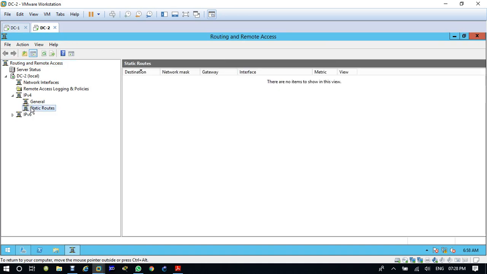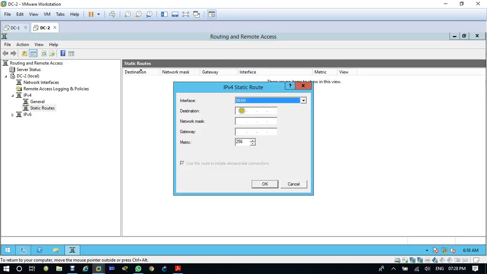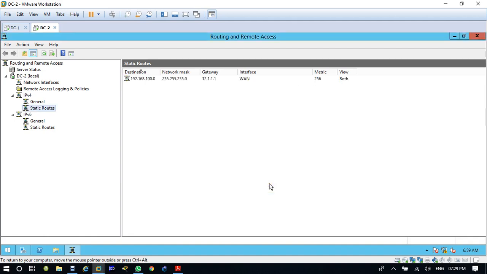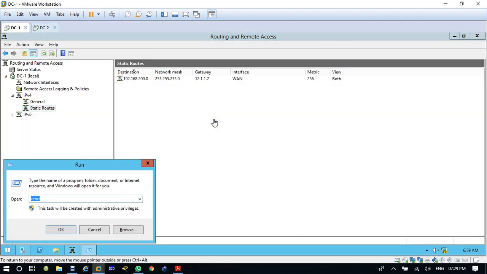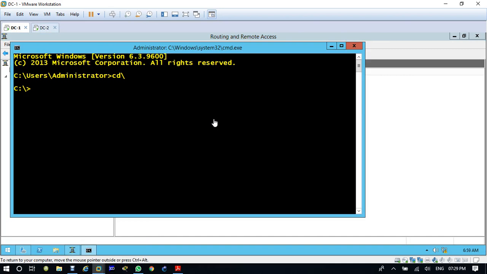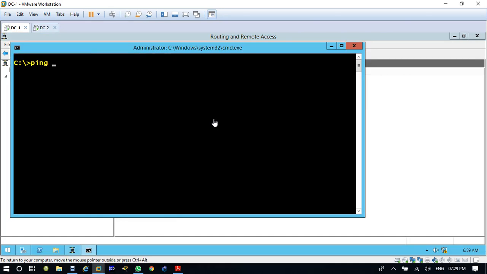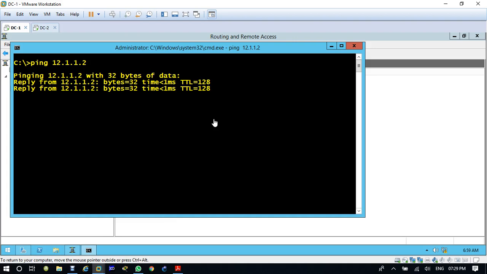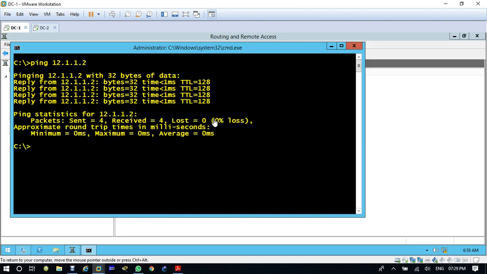Same IPv4 static route, new static route, select WAN, and now the DC1 LAN network address. And the default gateway means the DC1 WAN address. Refresh it. Now come to DC1, open your CMD. Now ping 12.1.1.2. Yes, you're pinging the WAN, and now you see that you are able to ping the LAN of DC2